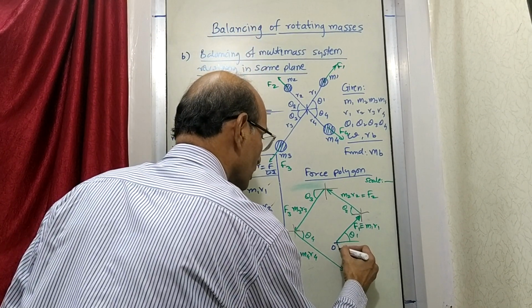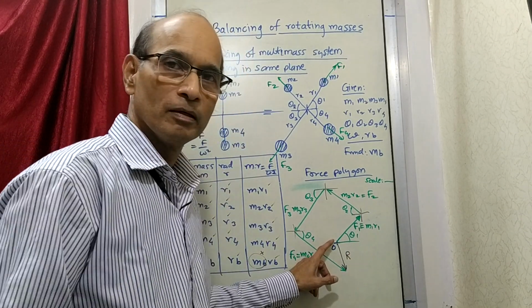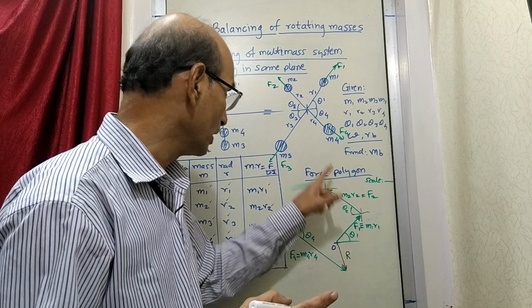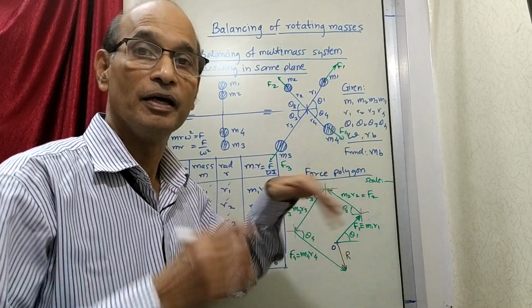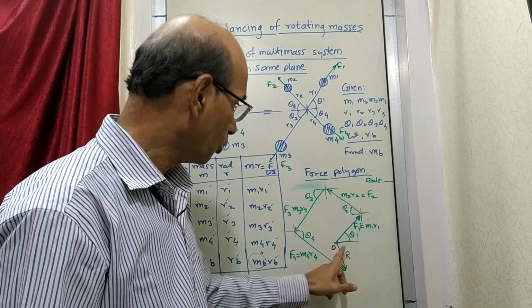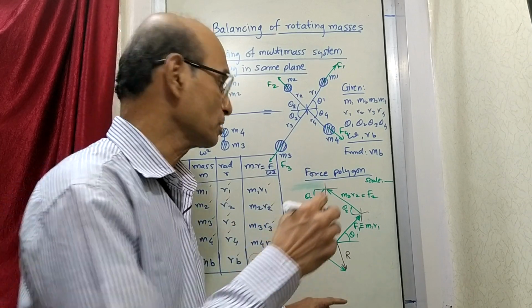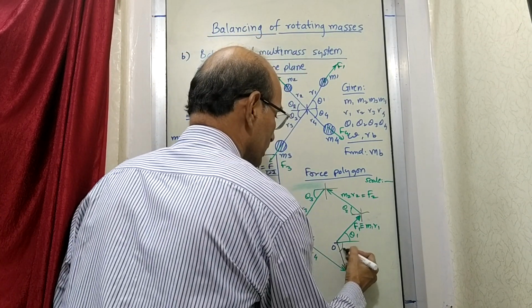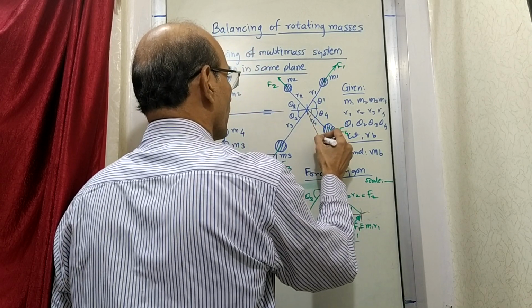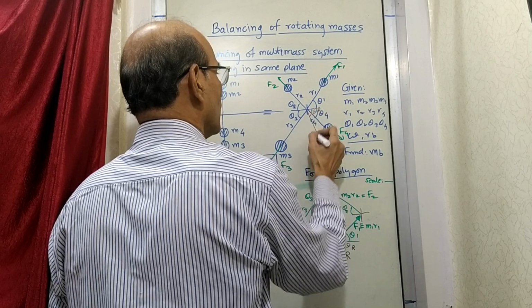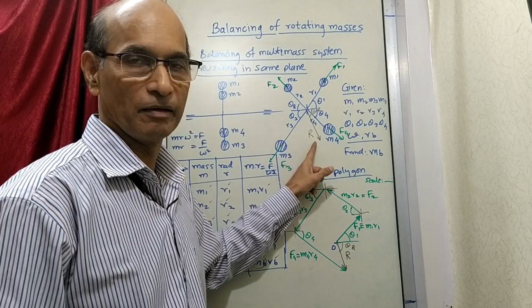So if I show here, this is going to be the resultant force. That means, instead of saying that on this point F1, F2, F3, F4, that 4 forces are acting, you say that on this point only one force is acting. There are no 4 forces, there is only one force. And what is that force? This is that force, which is at a certain angle theta r. So if I show here that angle theta r, and this is r. So instead of saying 4 forces, there is only one force acting.